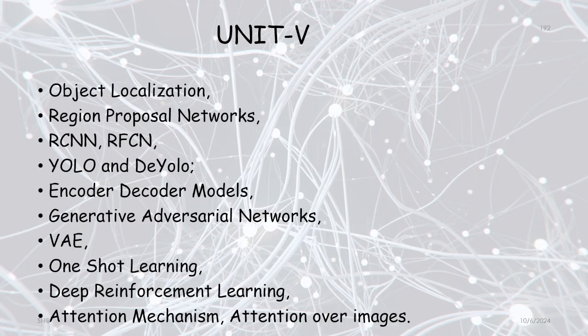And then the last topic in this syllabus is attention mechanism and attention over images. This helps the models focus on the most important parts. If you take an image, we have some most important parts of the input data. The attention mechanism will focus on the most important part, which helps the task in both text and image processing. So with this, we will have good advanced techniques in computer vision, robotics, gaming, NLP, autonomous systems and medical processing systems. So in the coming videos, we'll see how each topic